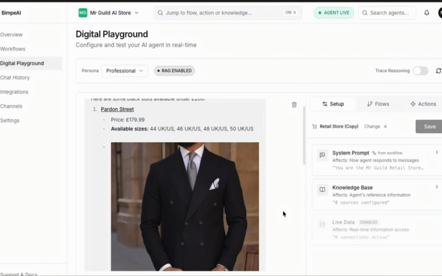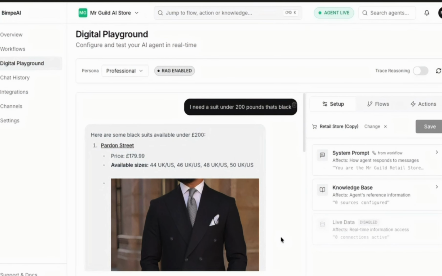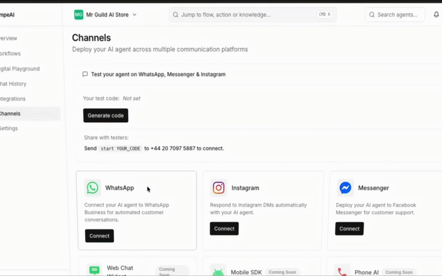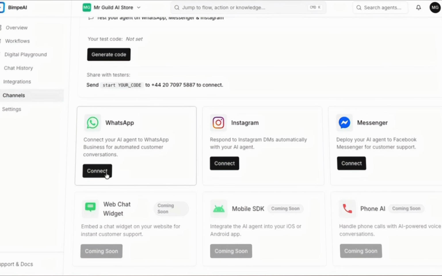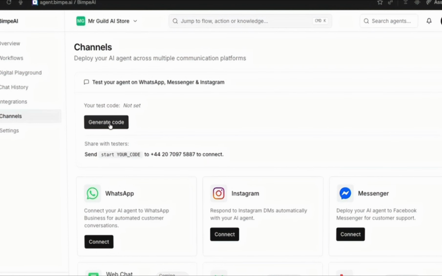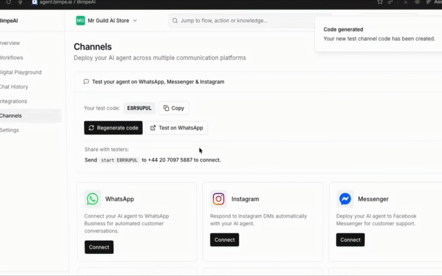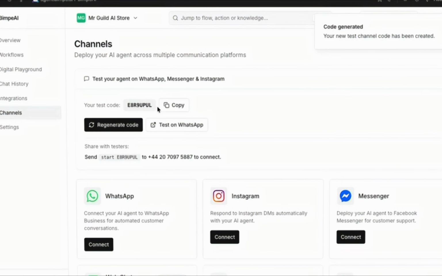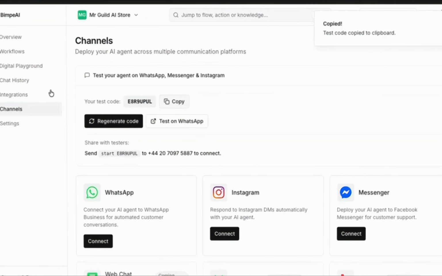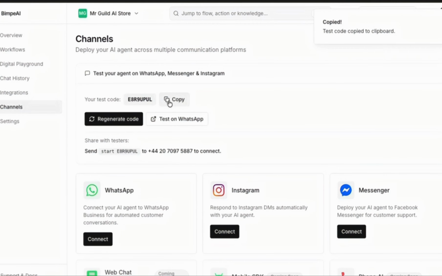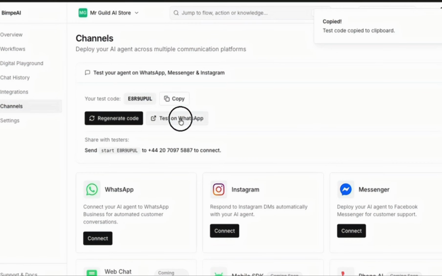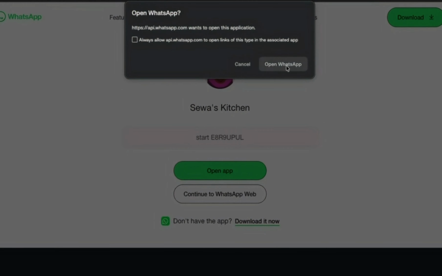But this is not what I want to show. This is just a digital playground to test if it works. So now I want to deploy this to WhatsApp. I don't want to connect to WhatsApp yet. What I want to do is generate a code and deploy it to a test WhatsApp. So I want to test this on WhatsApp. This is what the code is. I click here and do test on WhatsApp,